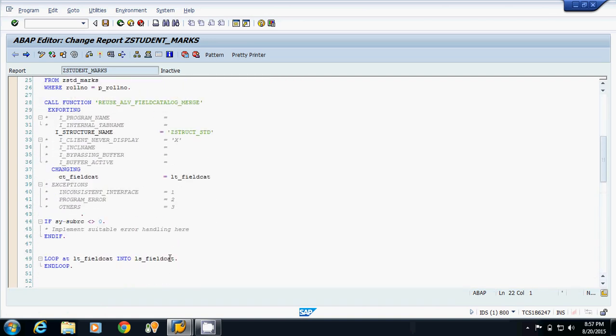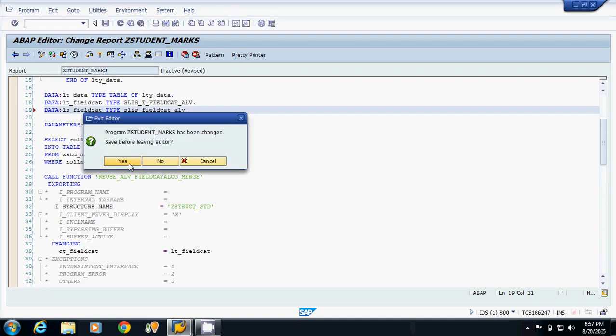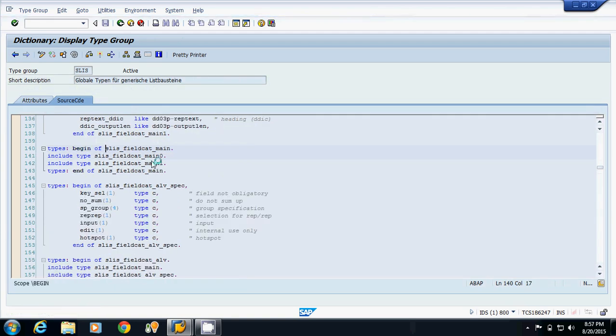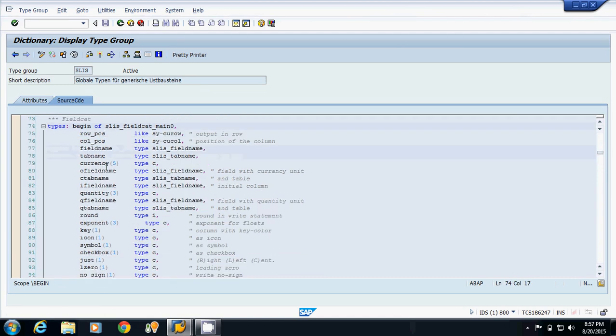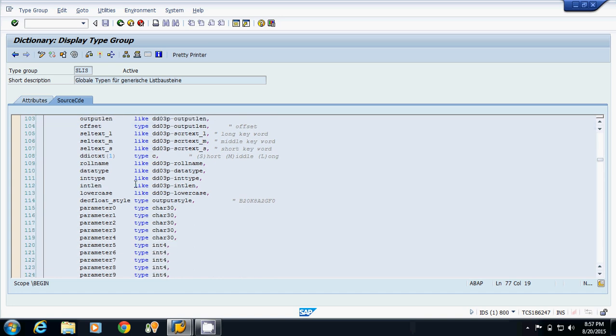Now in this ls_field_cat, we have this include, and in this include we have further this include. Now we will check if our field name is equal to marks. Now we have one thing, that is input.